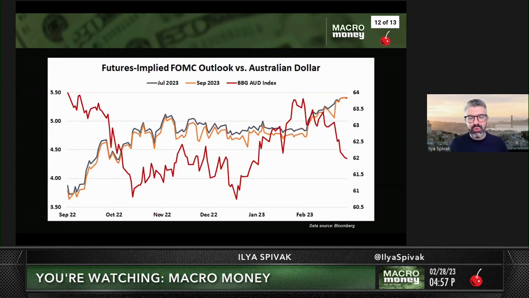Which brings us to the critical chart in this entire discussion. In the red line here is an average value of the Australian dollar. Critically, this is not the US dollar-based futures. So this is not just the Australian dollar getting weaker because the US dollar is getting stronger. The rising lines there, the orange and the dark bluish grayish there, that's expectations for Fed rate hikes at the July and September meetings. You can see that was in stasis really from November through the beginning of this month,